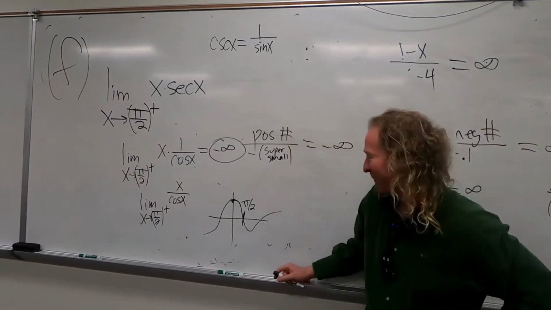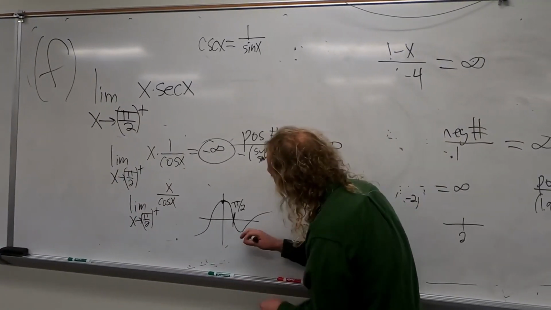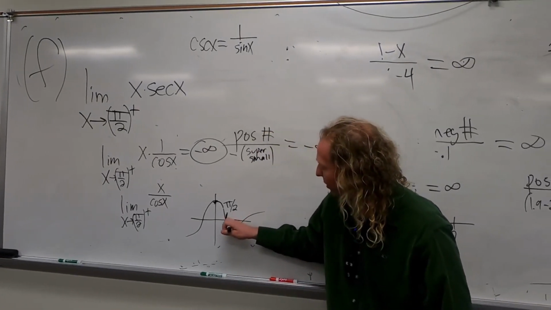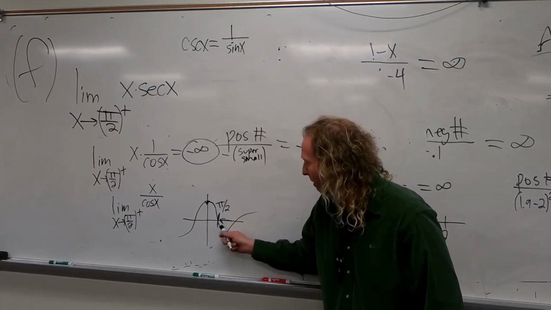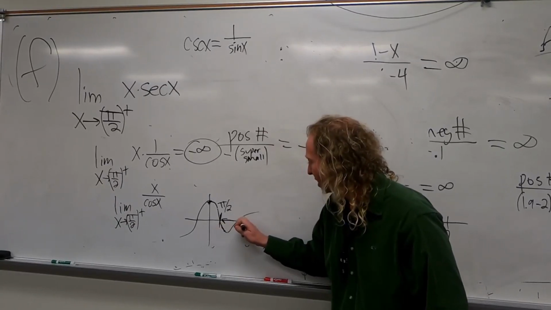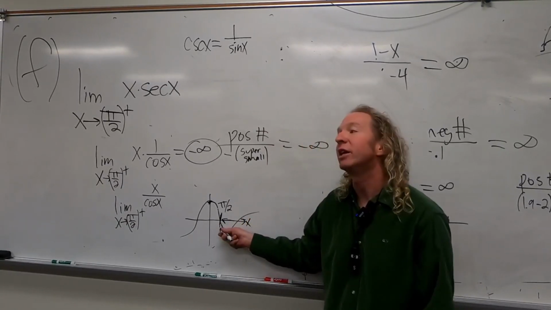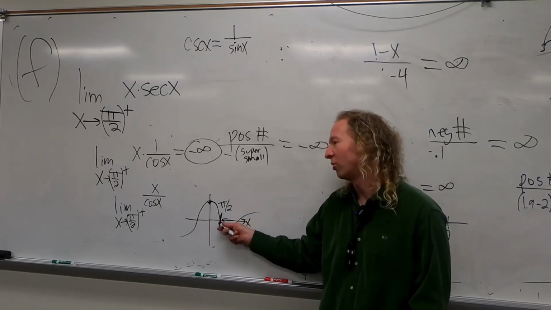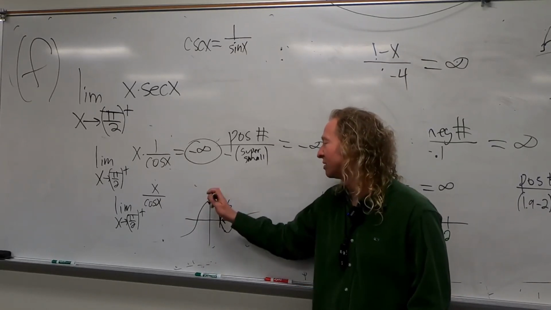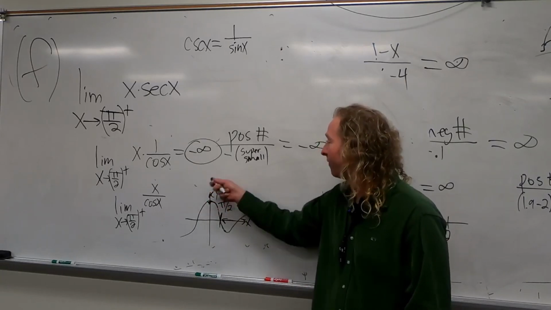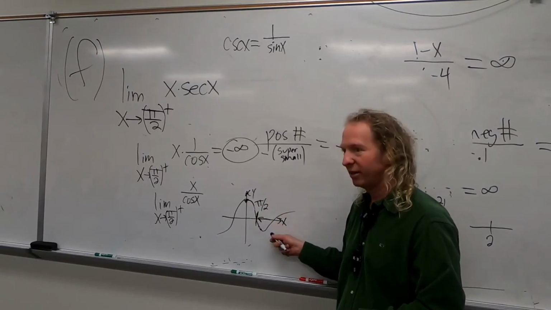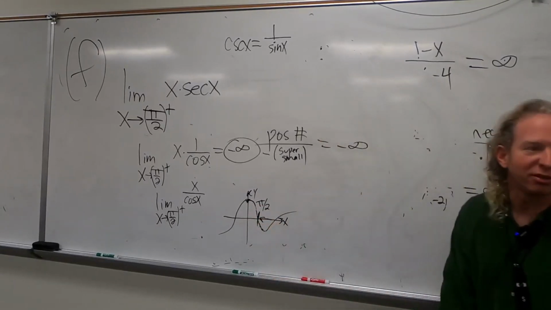Any questions? Yes? Why is the bottom super small again? Like, I mean negative? Good. Because, okay, so this is x approaching pi over 2 from the right. And so the y values are here where my marker is. So you see, this is the x-axis. So all these y values are negative down here. That's y. Right? And they're getting close to 0, so they're small. Right? Because this is the y-axis. So these are positive y's. So if it was from the left, it'd be positive. Yep. Good question.